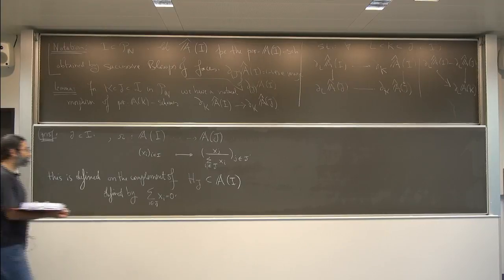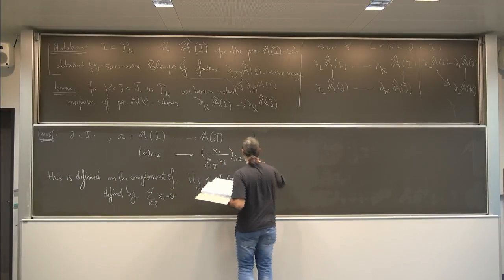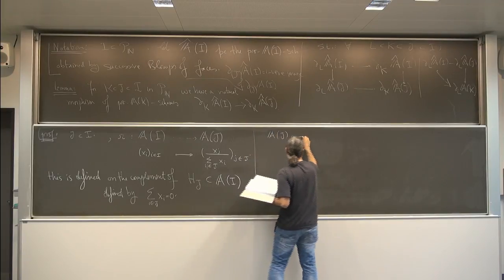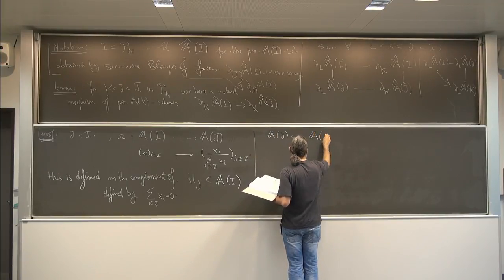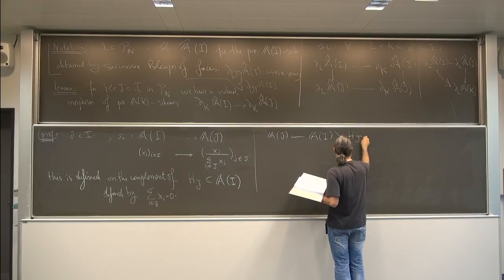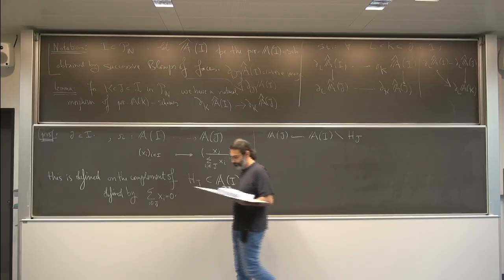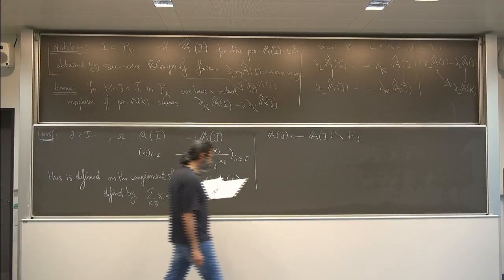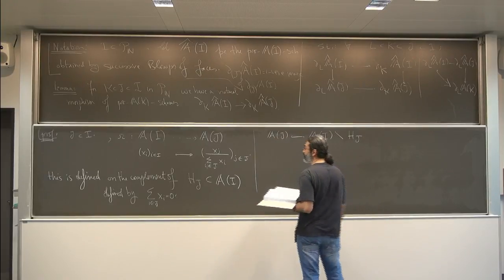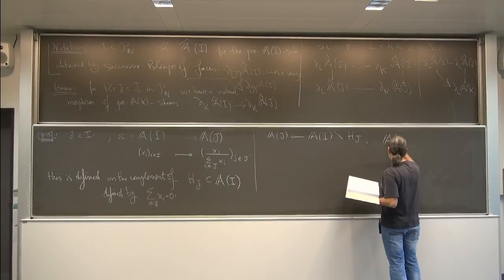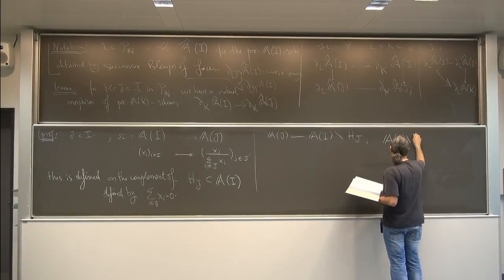Of course, the natural map, the natural inclusion to AI, actually, of course, factors through the complement of this divisor. Okay, so now, and moreover, if you look at this map again,